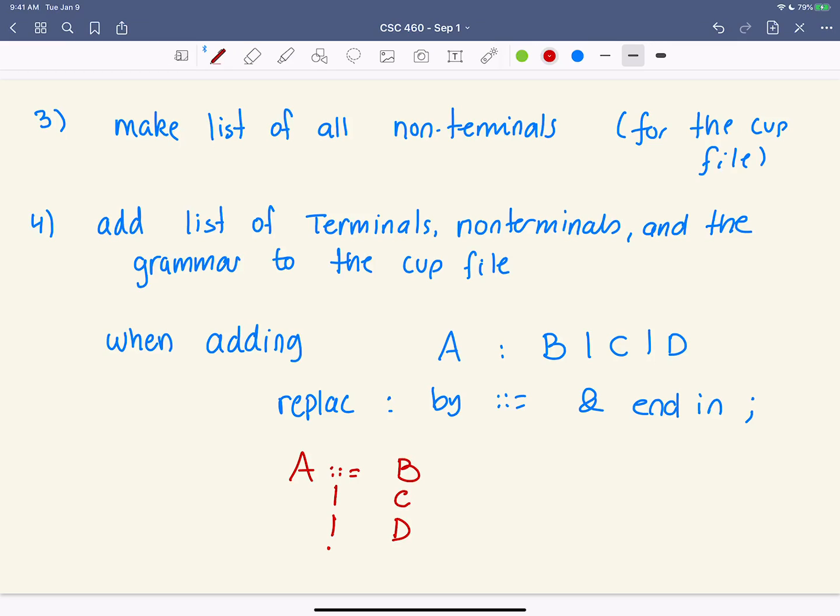Come on. Semicolon. So this is important. Be very, very careful when you do this, because if you screw up the transcription of the rules into the cup file, then you're going to get the weirdest error messages, probably saying something bad about your scanner, and it turns out that it's not the scanner at all. So be very careful about that.